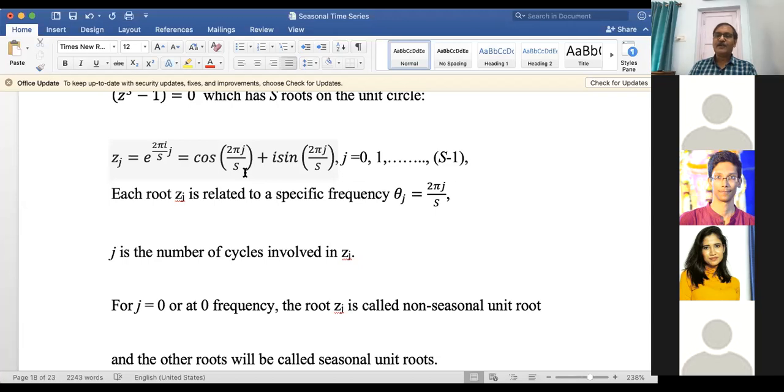So its value will be equal to 1. That is, at theta equal to 0, you know from basic trigonometric analysis, cos 0 equals 1 and sin 0 equals 0. The value of cos 0 is equal to 1 and the value of sin 0 is equal to 0. Why is sin 0 equal to 0?